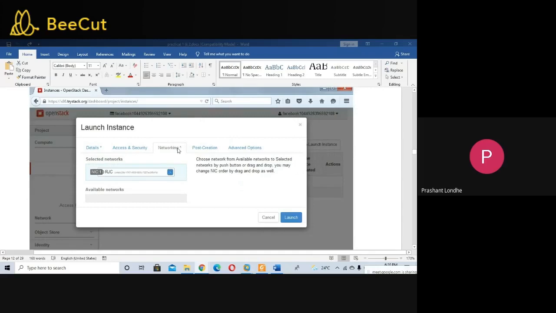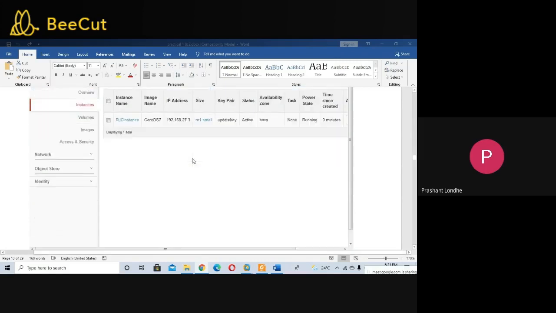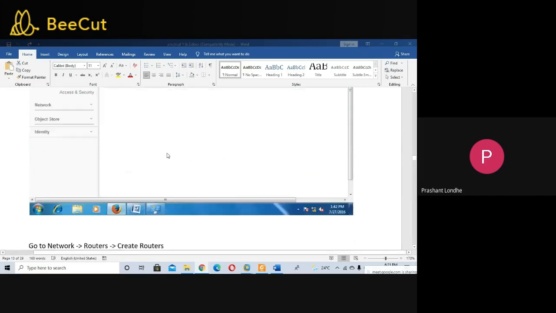Then you will go to the networking tab. You will select the networking range that you created in the first step, and then you can launch your system. So here your system is launching, and you can see it running. It will be called running. You can click on that particular system and see it running. But definitely you will not be able to do anything, because everything will be in a read-only state, as it is just a demo version.